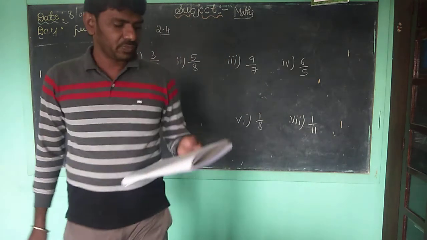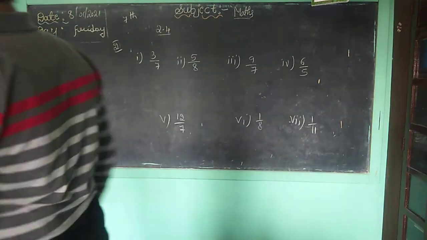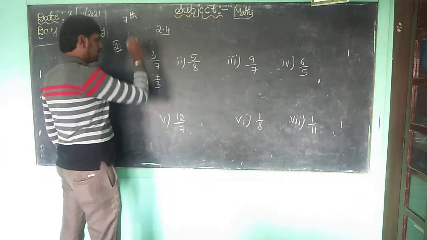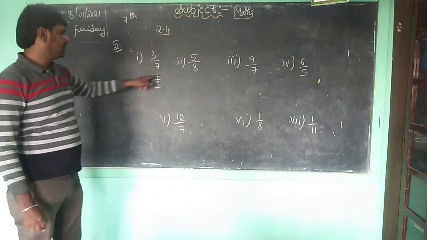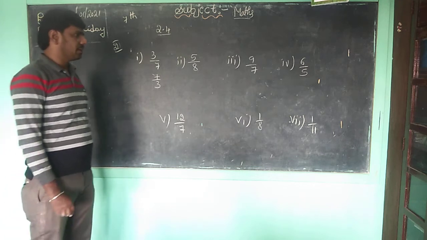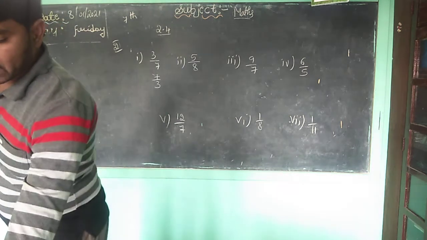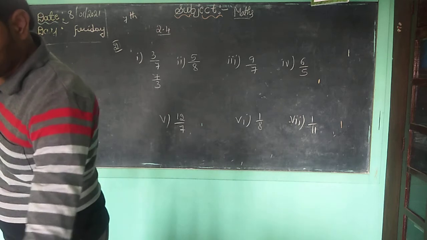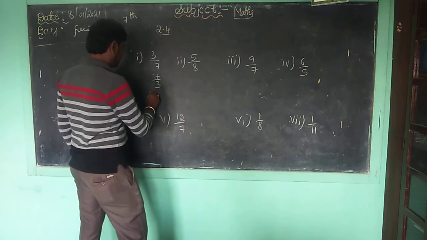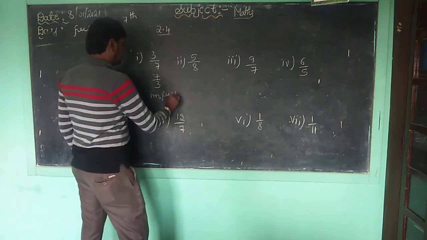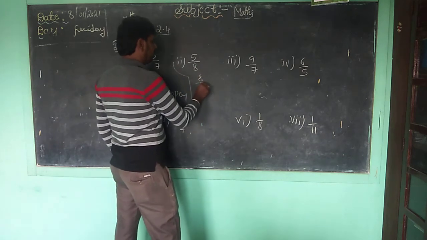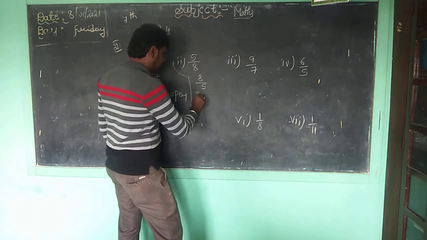Okay, children. These are all we want to represent. How can we represent? Reciprocal means 7 by 3. So what can we take? Here the numerator is greater, that is an improper fraction. Okay, children. It's a very simple question. You want to represent that if the numerator is greater and the denominator is small, that is an improper fraction. Here also the reciprocal is 8 by 5. The numerator is more, means you want to write improper.